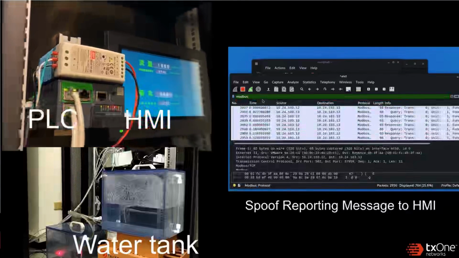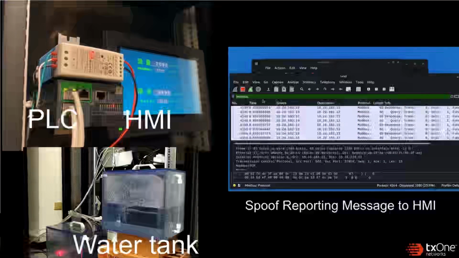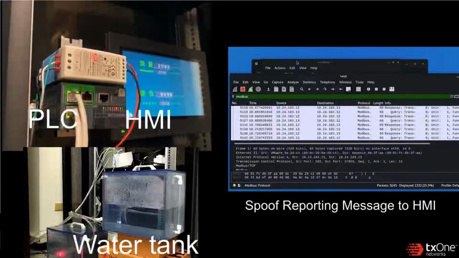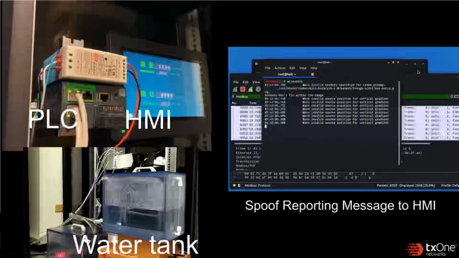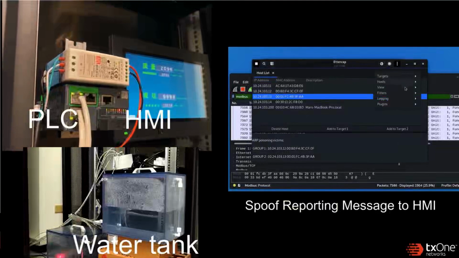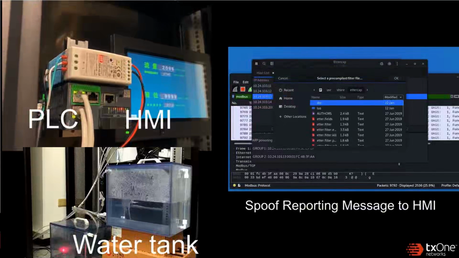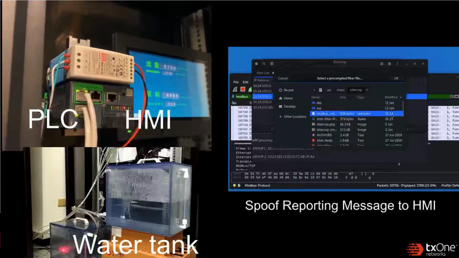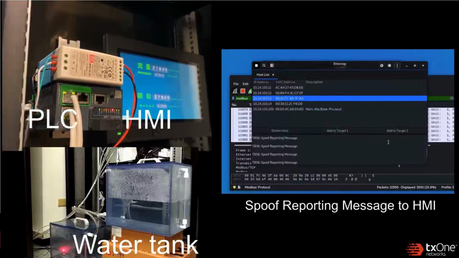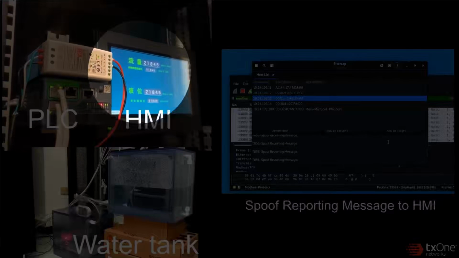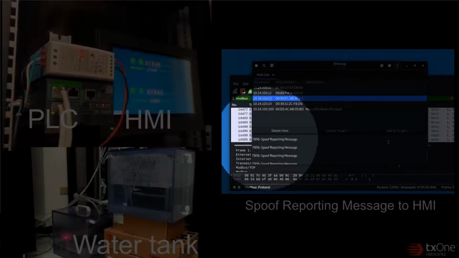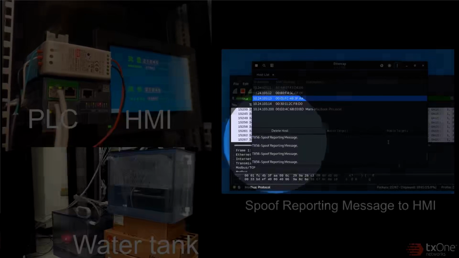Then we load a filter that we pre-created. It focuses on modifying the response to the HMI, and you will find the value on the HMI has changed, and we successfully performed the spoofing of the reporting message. It's successful. So this is one demo.